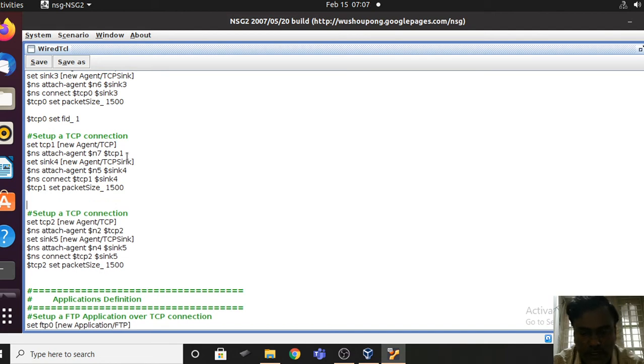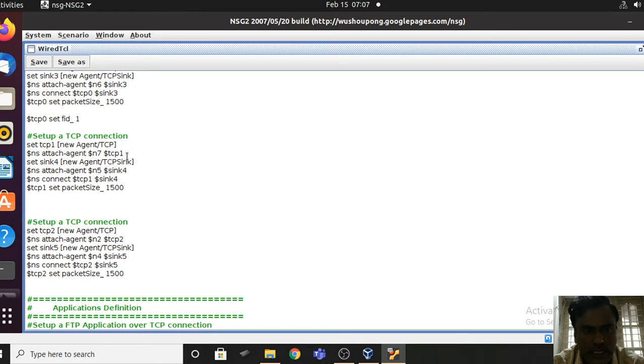So for this I wanted to give the color as second color, that is a blue. I think I have taken second color as a blue. You remember that? TCP1 set FID, set space FID underscore space 2, that is the name of the second color,